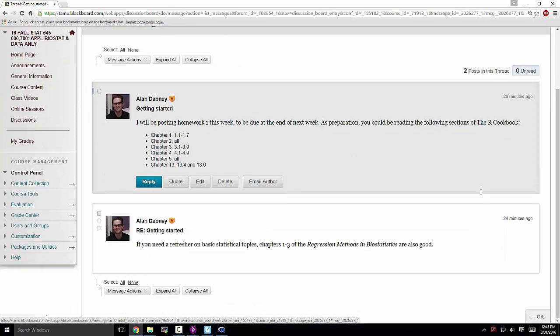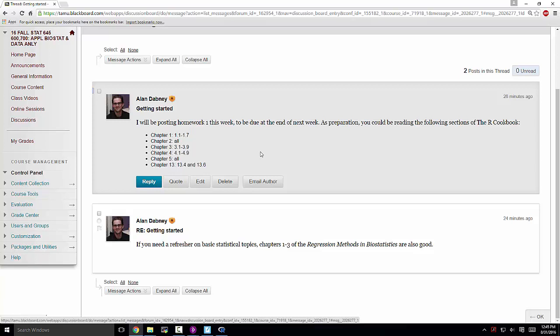I'm recommending that you go to the R cookbook and start reading there. I gave you some specific sections in the book. This is a fair amount of reading. Depending on how much background you already have, you can probably go quickly through some of this. But have a look at our cookbook, these sections. This will help you with doing the homework that's coming up, which will be basic R, download a data set,